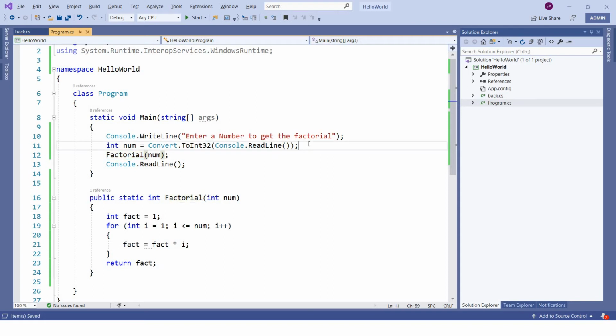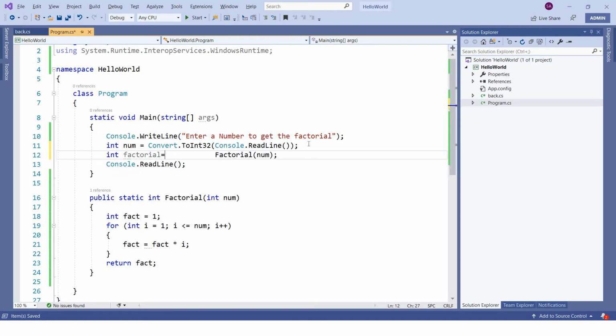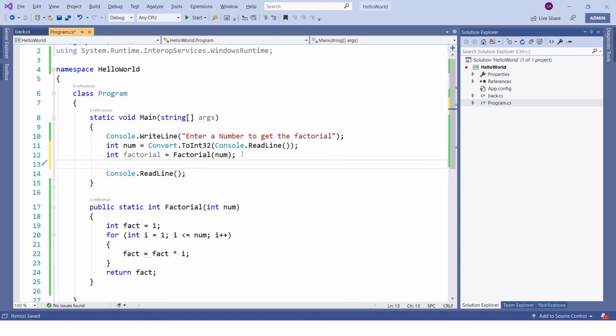To do that, let's say I have int factorial equals. What I am trying to do here is have one variable which will store the return value of this function. This function is returning an integer, right? So that's why we have a variable of type int, and whatever value this function returns will get stored in this factorial variable. That factorial value of this num will get stored in this factorial variable, and next you just have to do that console.write line,